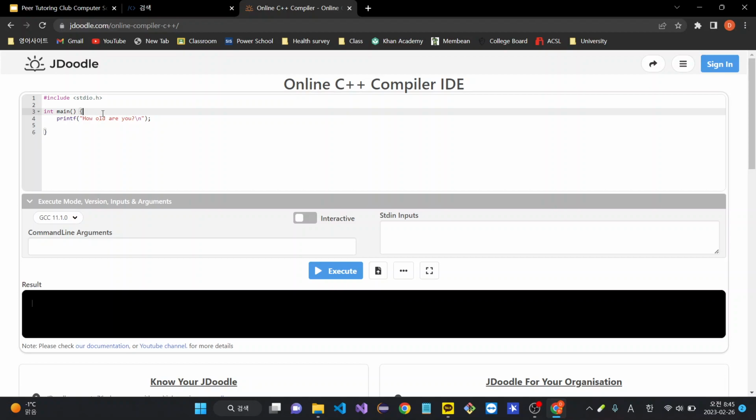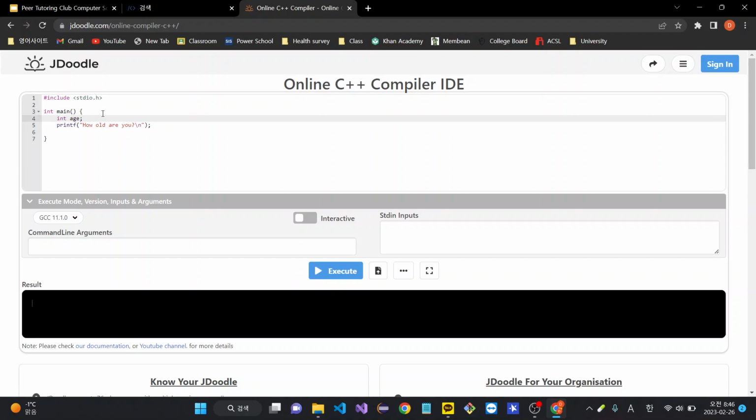However, this time we're not assigning a certain value or certain integer right away, because even if we save, let's say, 13, 14 or some number, if the user input is different than that assigned value, then the value is now meaningless. So let's not assign a value at first, and then we have to printf